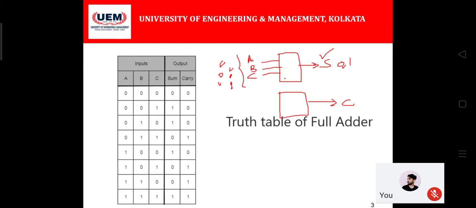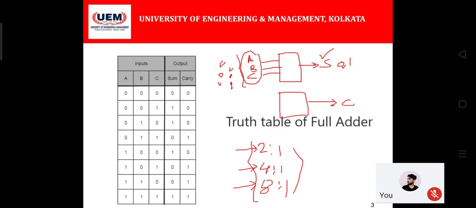Another very peculiar thing is that a multiplexer cannot have 3 inputs. We already know that a multiplexer can be either 2 is to 1, 4 is to 1, or 8 is to 1, but never a 3 is to 1. Now, you tell me, out of these multiplexers, which one is closest to the full adder circuit's input? A full adder has 3 inputs, and you can use a 2 is to 1, a 4 is to 1 or an 8 is to 1 multiplexer to implement the sum part of a full adder. Then which multiplexer should I use?